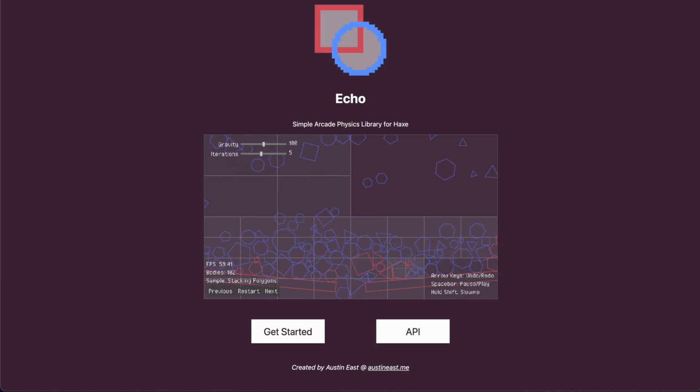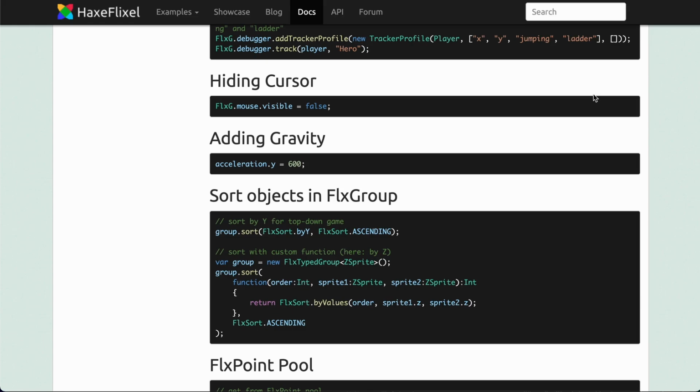Of course, Echo isn't your only option for physics in HaxeFlixel. By default, Flixel does have some basic collisions and a way for you to do gravity. So if we look at the Flixel cheat sheet, which I'll add in the description of this video as well, you'll see there is a way to add gravity to a sprite. Now, the way this works is you have to add it to each sprite, not the whole level or the whole game. So each sprite could have a different amount of gravity, which is a bit weird because in the real world, gravitational pull is at a constant level and different objects, depending on their mass, respond differently to the